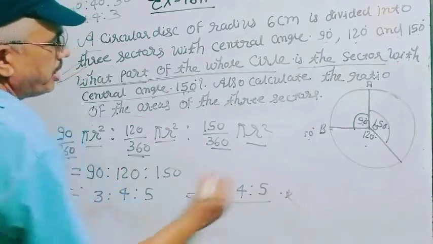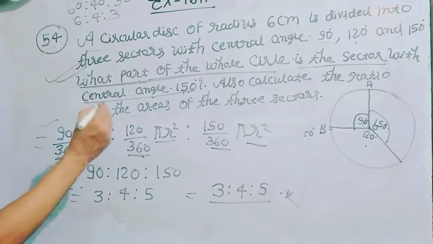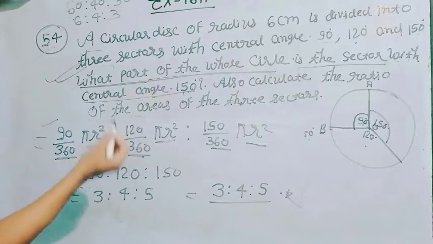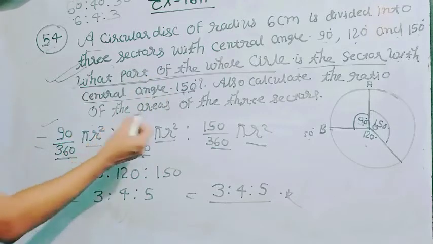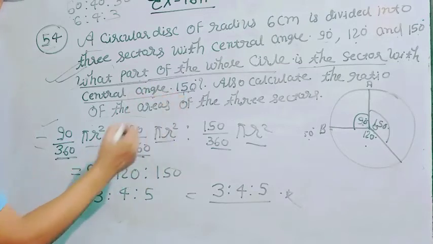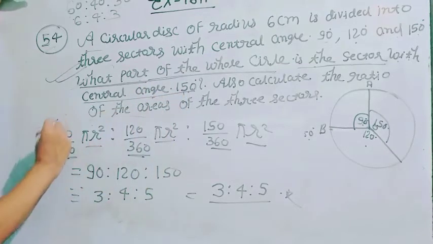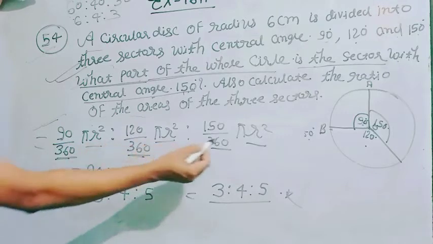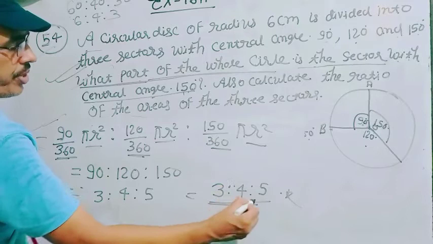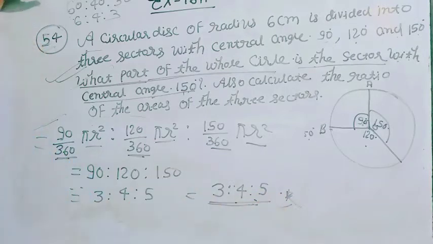It is your answer. So dear student, don't write the value of r in these questions. If you solve the question by first finding the area of each sector and then finding the ratio, it is very tough, as you have to find the value of this. So try to solve by this method. Remove the common part from here, and then you write the ratio as 3 ratio 4 ratio 5. It is your solution.